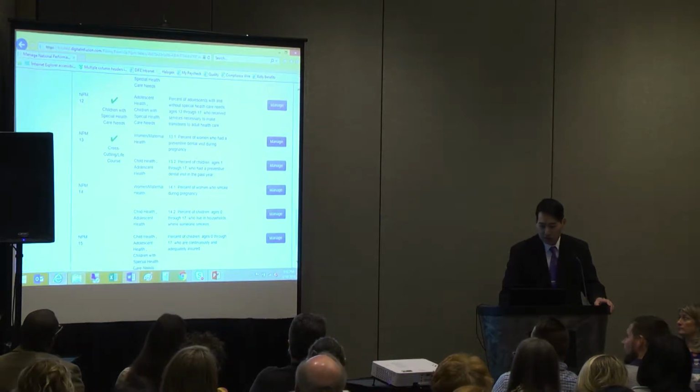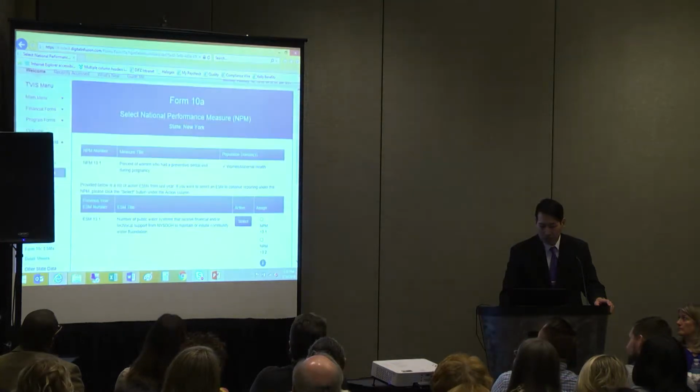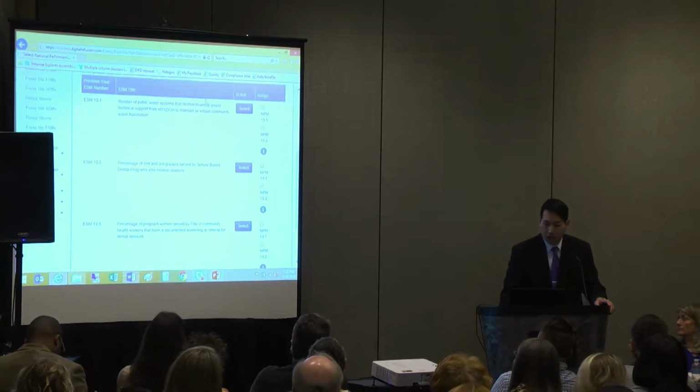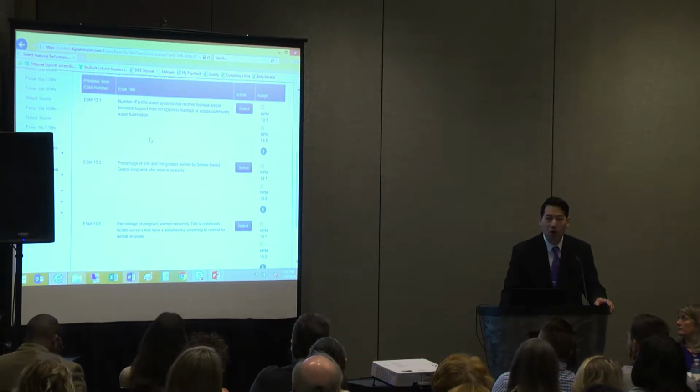So here it says I selected NPM 13 before, so I'll go ahead and select it because 13.1 is under women maternal health. So I want to do that. And then here's what I wanted to show you. Now forgive the resolution here because it's really compact because of the projector. But what you'll see here is that under NPM 13, it's going to show you all of the ESMs that you created under there, because as you all know, you selected it as 1 measure before,